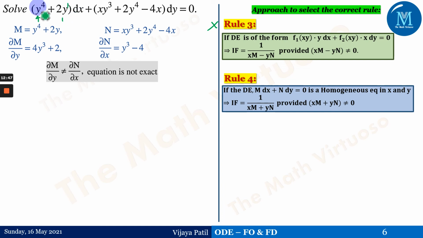Here itself, in the first two terms, the degree is not common, so we can just check that, or this rule number 4 is also not applicable. You can check it with the other terms also. But if I get at least one term which is not following, obviously it's not required to check each and every term. So we can save our time here.